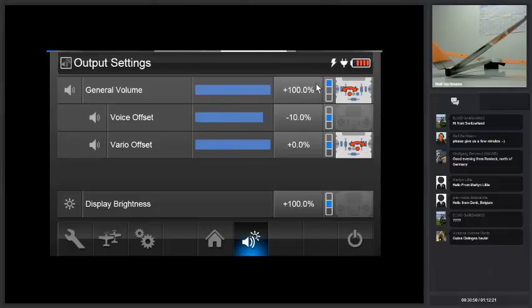And then you have two more lines for the offset. So, for example, when the voice in general is too loud or too calm, you can put an offset here. Like you see now, it's -10%. So the voice will always be a little bit